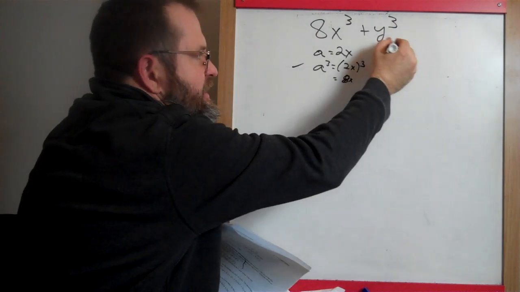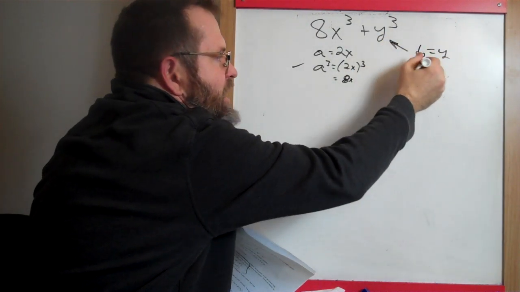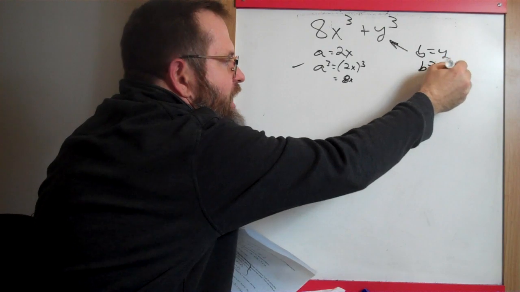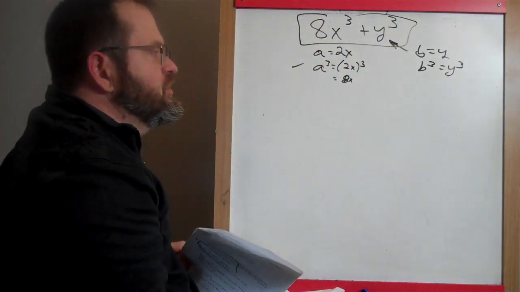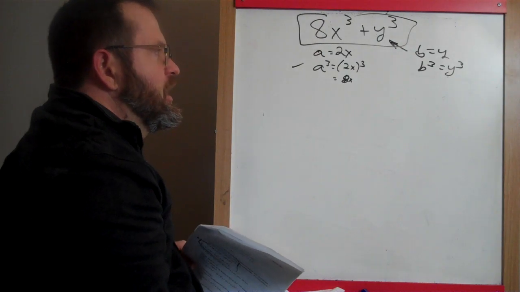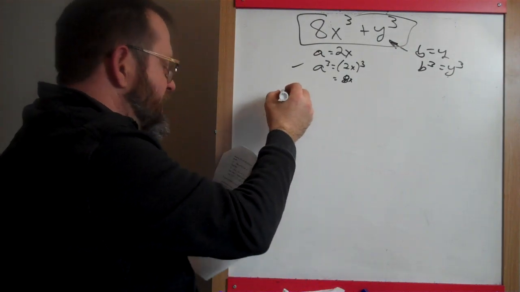And over here, this one's easy. B is just equal to y, so b cubed is just y cubed. We got this one right here. This is clearly a sum of two perfect cubes. All right, so then that means that